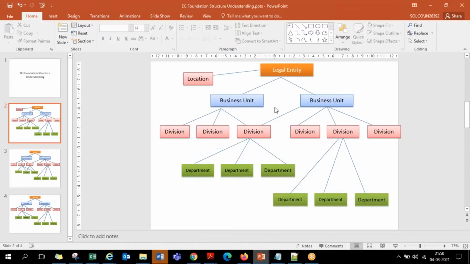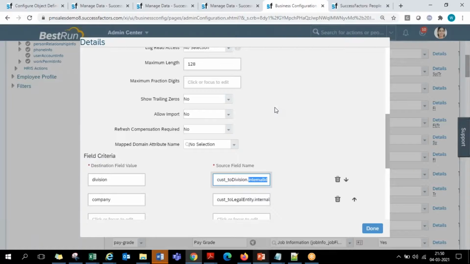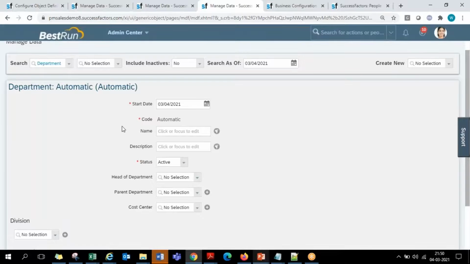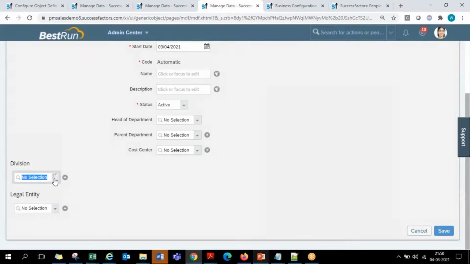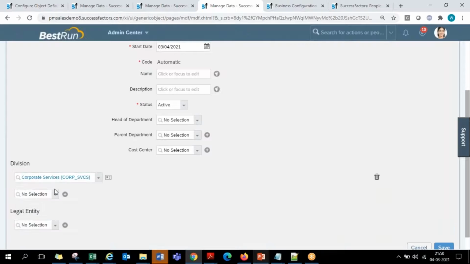Yes, Suresh, Rupa here. Yeah, Rupa. This association we saw was one-to-one between division and department. So can we have multiple, like can we add in this field criteria one more division down? One more division means? In the screen, I'm seeing division, customer to division and internal number. No, in the earlier screen. So here, if you want to have one department connected with multiple divisions, you can. That is why we have kept it as one to many.